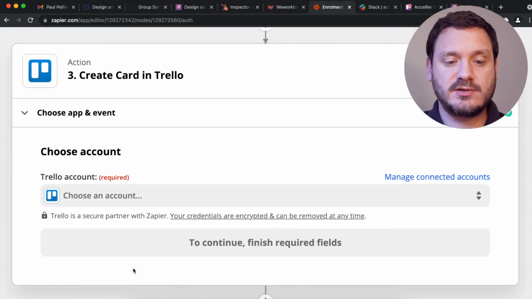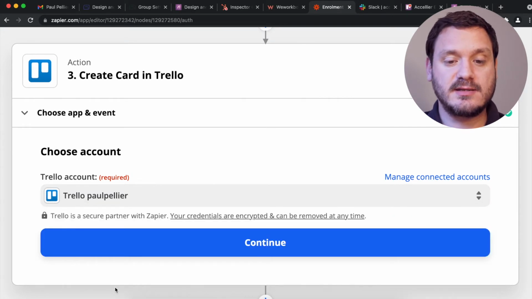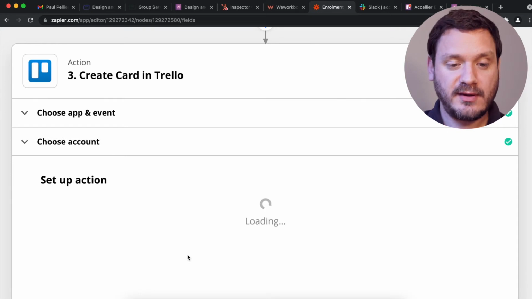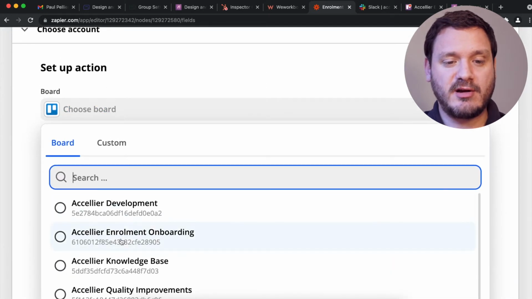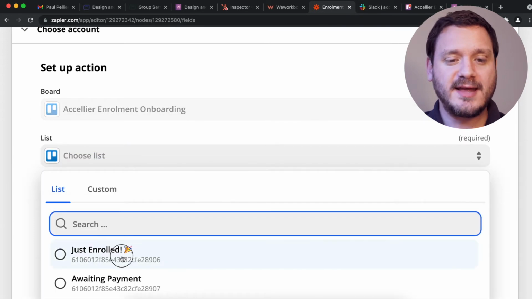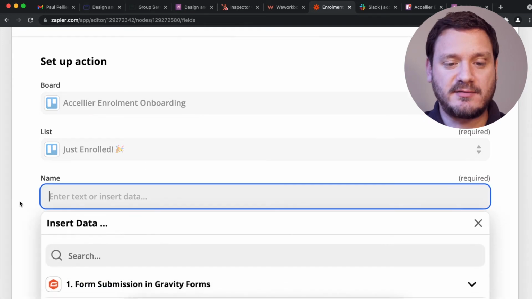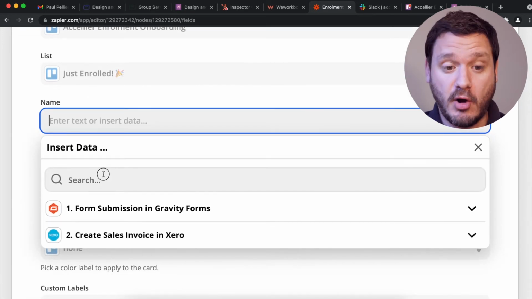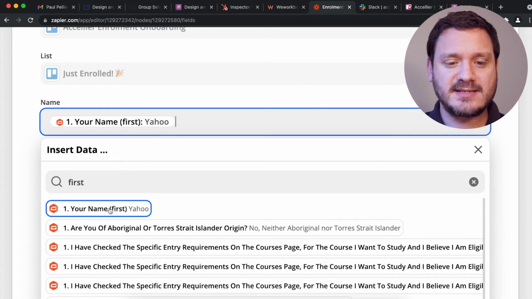And we're just choosing the account here. Again, it's been authenticated and Zapier is acting on my behalf. And we choose all the variables here, like we're going to put it into the onboarding board, and list is just enrolled. And we're going to pull some data from Gravity from our enrollment form. So put in the first name, don't forget the space, and then we put in the surname, last name,